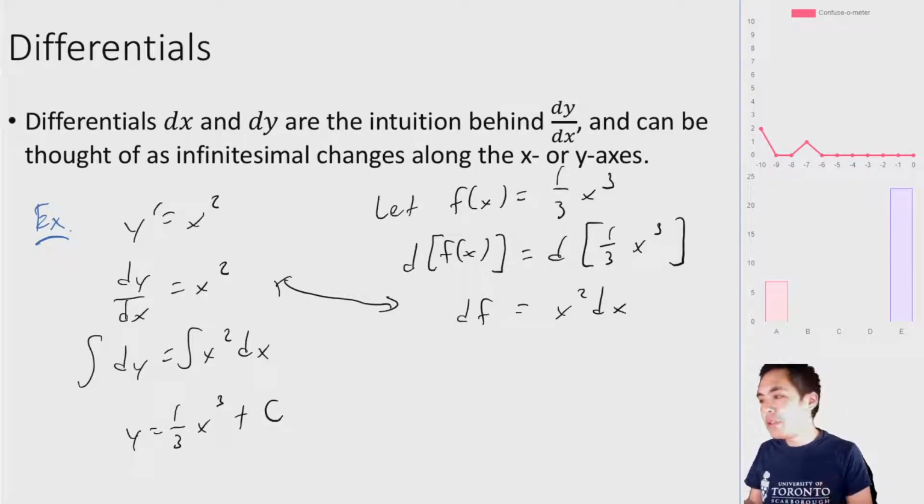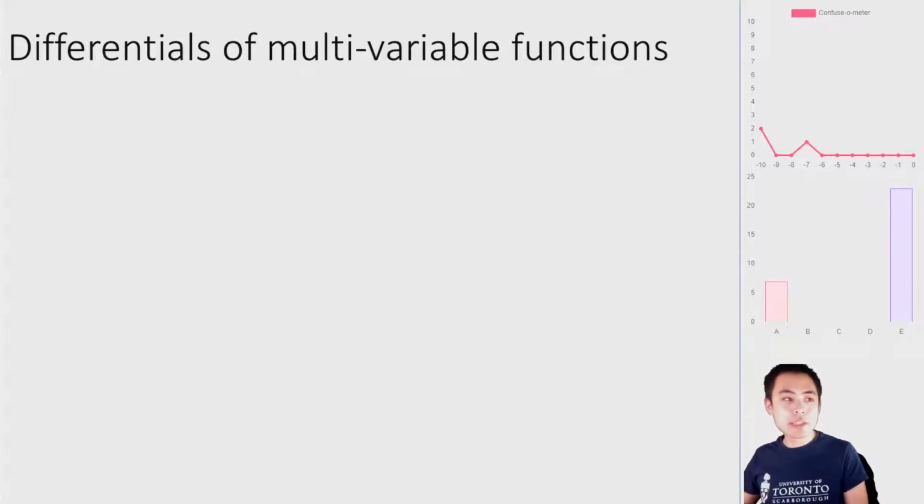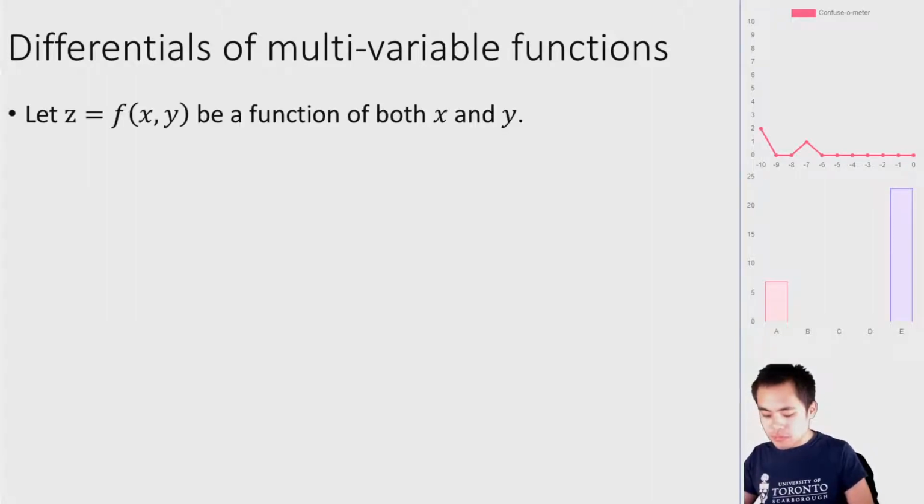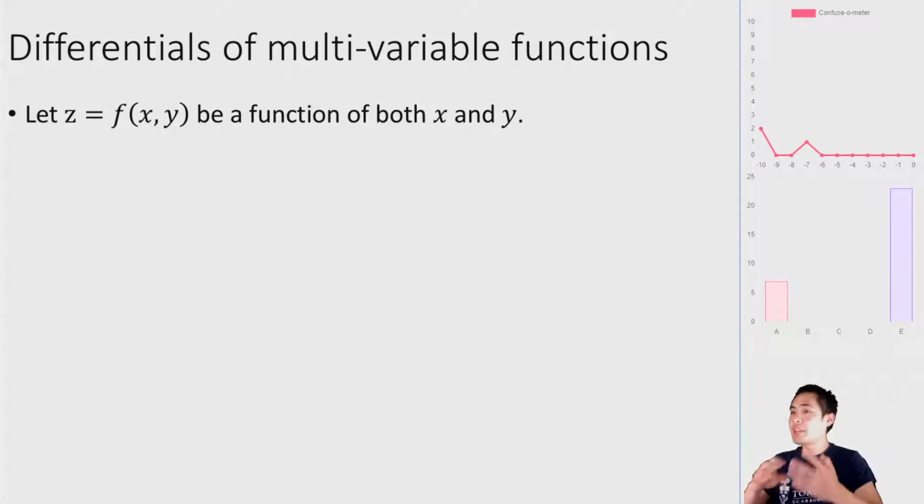So we have these ideas of differentials, which are infinitesimal changes of some variable along some direction. It turns out that you can have these same sorts of ideas for multivariable functions. And this is the reason why when we talk about partial derivatives, you still use a similar curly d notation. So if you have z equal to f of x, y, a function of both x and y, then you recall,